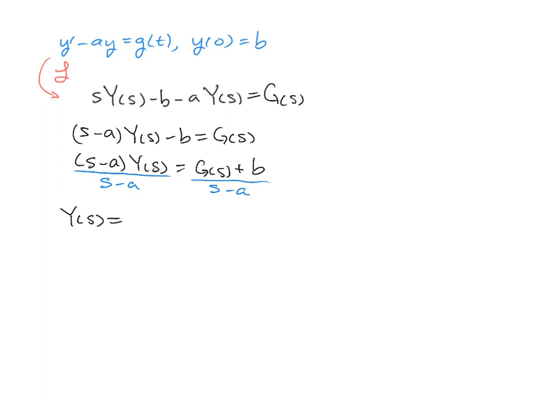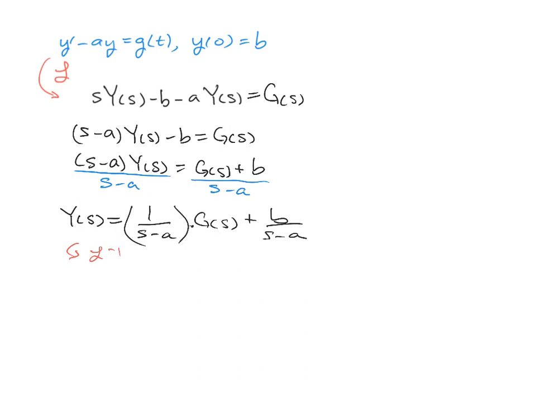And now we're going to break apart this right-hand side so it looks more familiar to us. So we're going to have first a 1 over s minus a times the G of s plus the fraction b over s minus a. And then from here, we can now use what's called the convolution theorem and take this product apart and write it as the convolution of the original two functions in terms of t. So if we take our inverse transform,